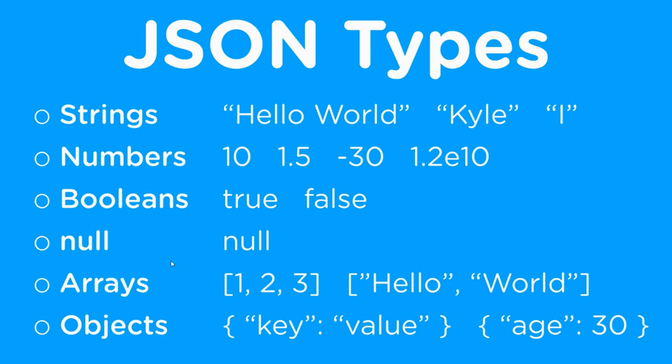But if all you have is a single string or a single number, it's really not very useful to have a whole file for that single input. So most of the time when you are working with JSON, you will have either an array or an object as the top level of your file, and then inside of that array or object you will have other values. So